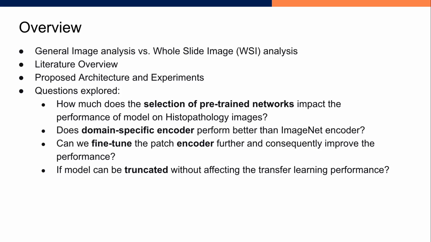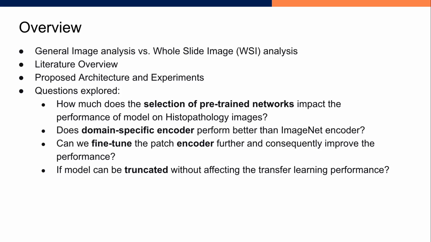We explored how much selection of pre-trained network impacts the performance. We check if encoder models pre-trained on domain-specific data perform better than the Imagenet encoder. In our prior work, we have observed fine-tuning the base encoder leads to gain in performance. We explore if fine-tuning the base encoder can recover the lack of specificity of the encoder. We check if the model can be truncated without affecting the performance. We extract intermediate block representations from DenseNet 18 and DenseNet 121 and use them with our transfer learning architecture for